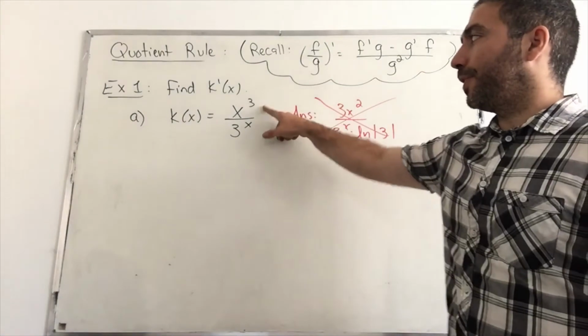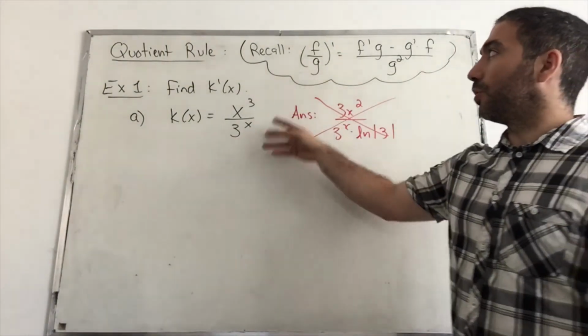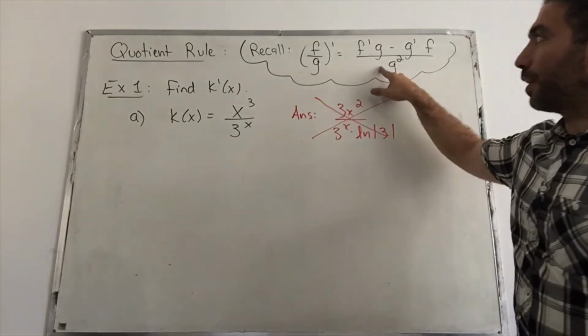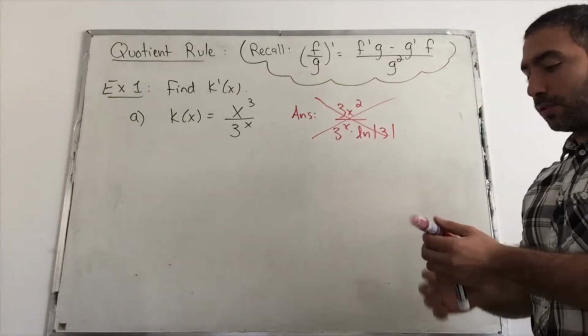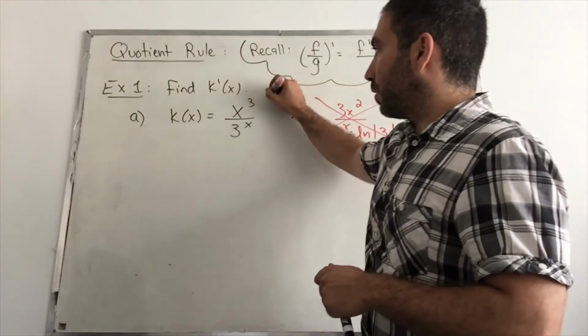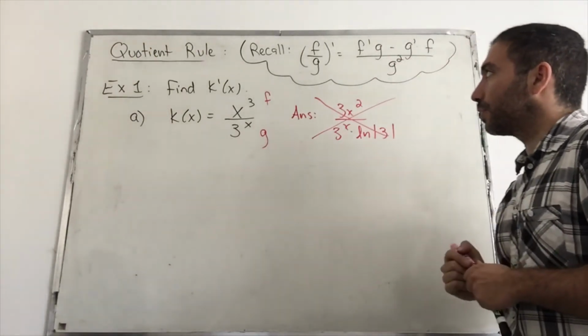Remember, you have a division of functions. We have to apply the quotient rule. You do not take the derivative of each term individually. This is wrong. You have to apply this formula here. So let's go ahead and do that. So keep in mind the numerator is your f and the denominator is your g. Okay, so for the solution,